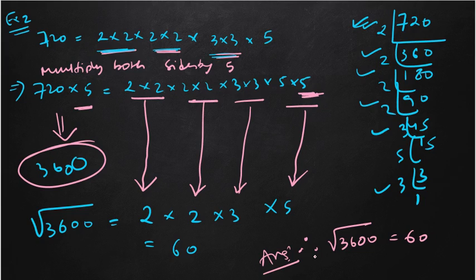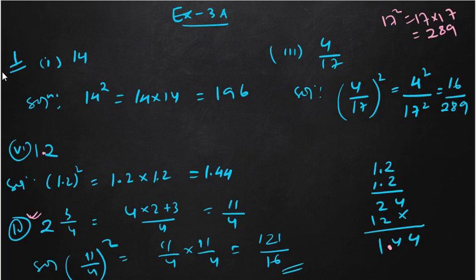So you try to solve example number 3, example number 4 and example number 5. Though they are solved, you try to see whether you understand them or not. Okay. So on page number 41, exercise 3a, what is written? First question, we need to find the square of each of the following numbers. Square, we have already discussed this in the first video.